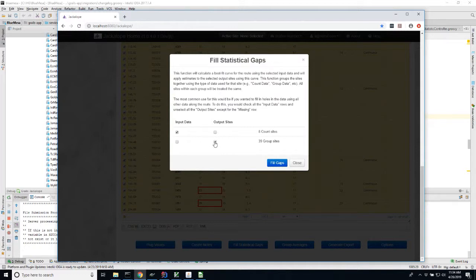Just pick the sites that you want to use as input, and then what you will use as output. And this is using some statistical magic to do a best fit curve, where it tries to estimate missing data based on a curve using existing data. So let's go ahead and hit the Fill Gaps button here. What we're going to expect to happen is we're going to see the 8 count sites stay the same, and then we're going to see these 39 group sites get plugged with